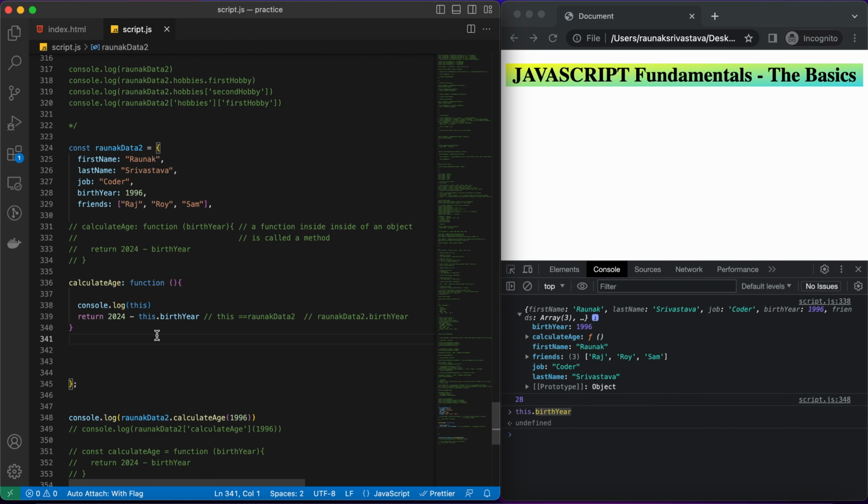Okay, so whenever you are using a method, if you are using this, then it will point to the parent of that particular function. So right now we are using this calculate age. So the parent of this function is Raunak data 2, because this function is written inside of this particular object, or we can say it is called inside of this object, this Raunak data 2 object. So this will point to